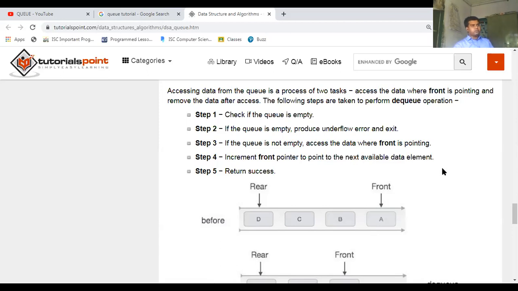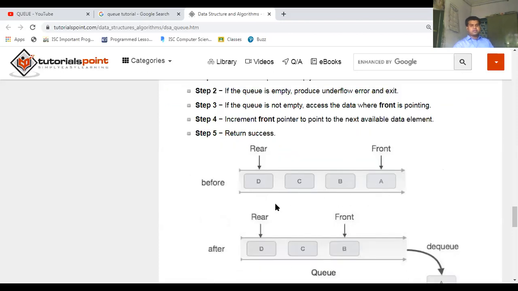So the first condition which you need to check is whether the queue is completely empty or not. Because if the queue is empty, there is no possibility of performing the deletion operation. So you can print a message of underflow and you can return. Underflow means you have the memory address allocated, but you don't have any values inside the queue. Okay. Now, moving on to delete.